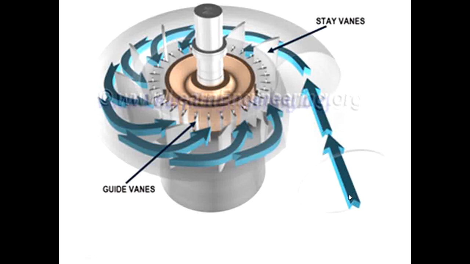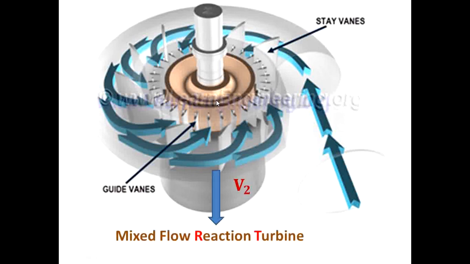It is mixed flow. How? It is entering radially. See, this is axis parallel, right? It enters radially, and then after doing the work in the runner, it will exit out of the turbine axially. The flow at exit will be the axial exit. V2, very important concept. The flow exit will be axial. Please see this one properly. V2 is axial exit, and the inlet will be radial. That's why it is called a mixed flow reaction turbine.